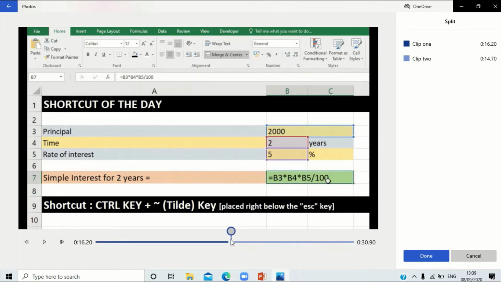So if I split the video from here, the first part will be, as you can see, indicated on the right hand side panel over here. The first half is going to be 15.7 and the second half is going to be 15.2. I can split it, and splitting is required when I do need to make certain adjustments or want to insert a certain title card or something in between the videos and I do not want to trim it. I can just simply split it.